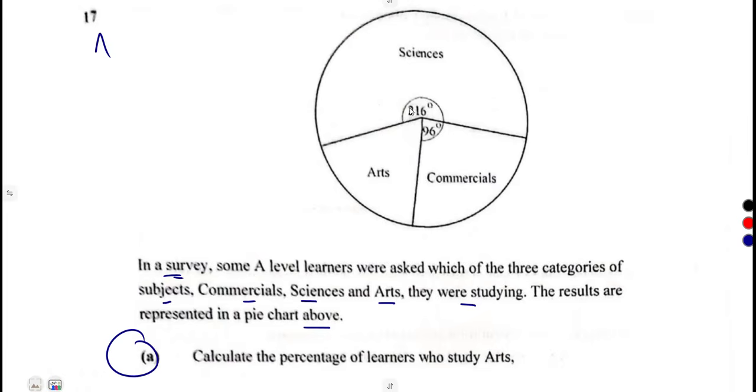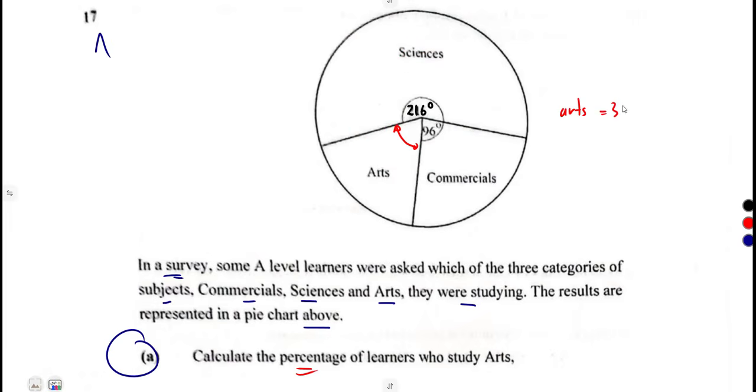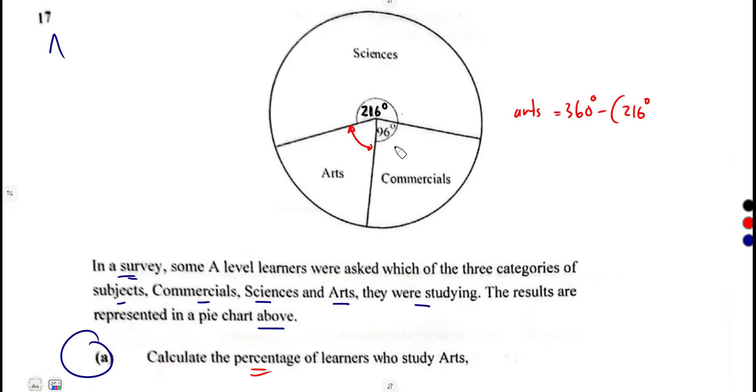This one is 216 degrees. This one is 96 degrees. What about the arts in terms of the angle first, before we talk about the percentage? For arts, we know that the whole survey, this whole pie chart, equates to 360 degrees. So we subtract these two, 216 for sciences, and the 96 degrees for